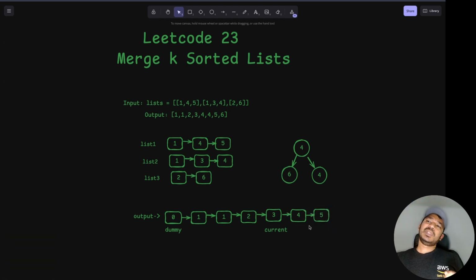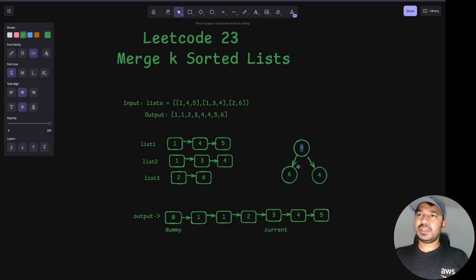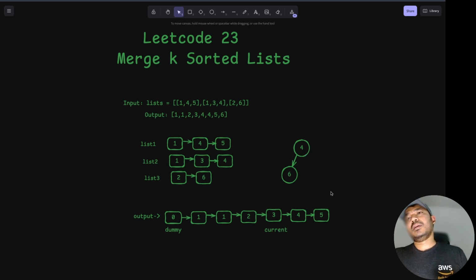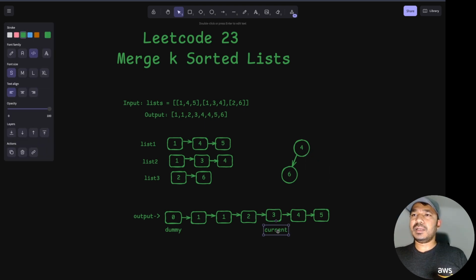Okay, once that is done, I would have removed this one, and it would remain with 4, 6 here. So yeah, now the 4, 5 and current will become 4. So now what will happen? Anybody guess? Okay, so now current is this one, and I'll add the current dot next to the